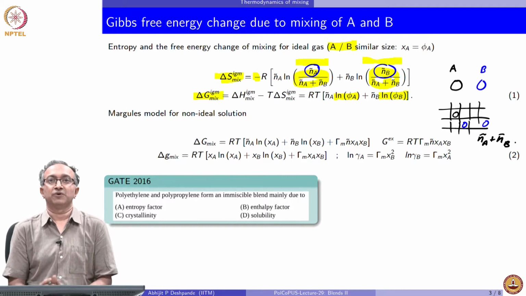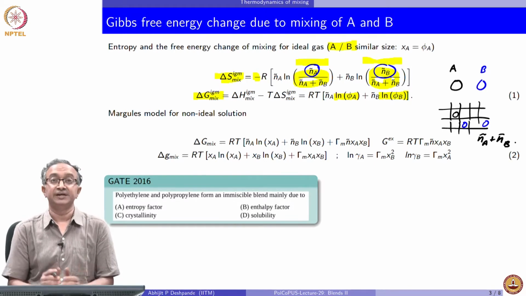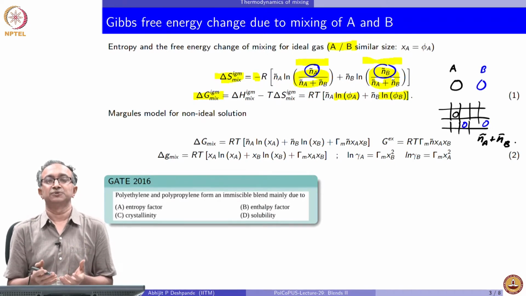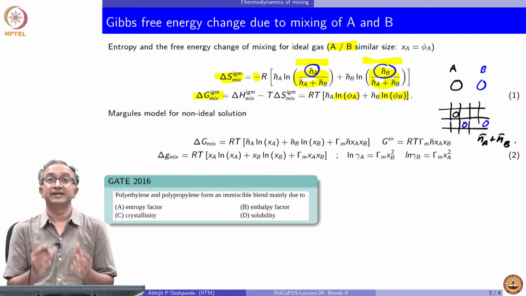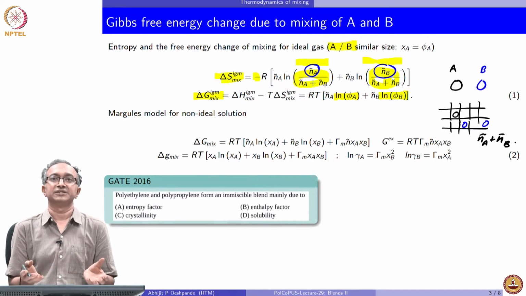So it's a problem of combinatorics, and the answer for delta S comes from this analysis. We basically get a binomial distribution, and if NA and NB are large, then we can show that it will be a Gaussian distribution, based on which we can then find delta S. Generally, this is only valid for ideal gases where A and B don't interact with each other. So they can both occupy slots which are the same.